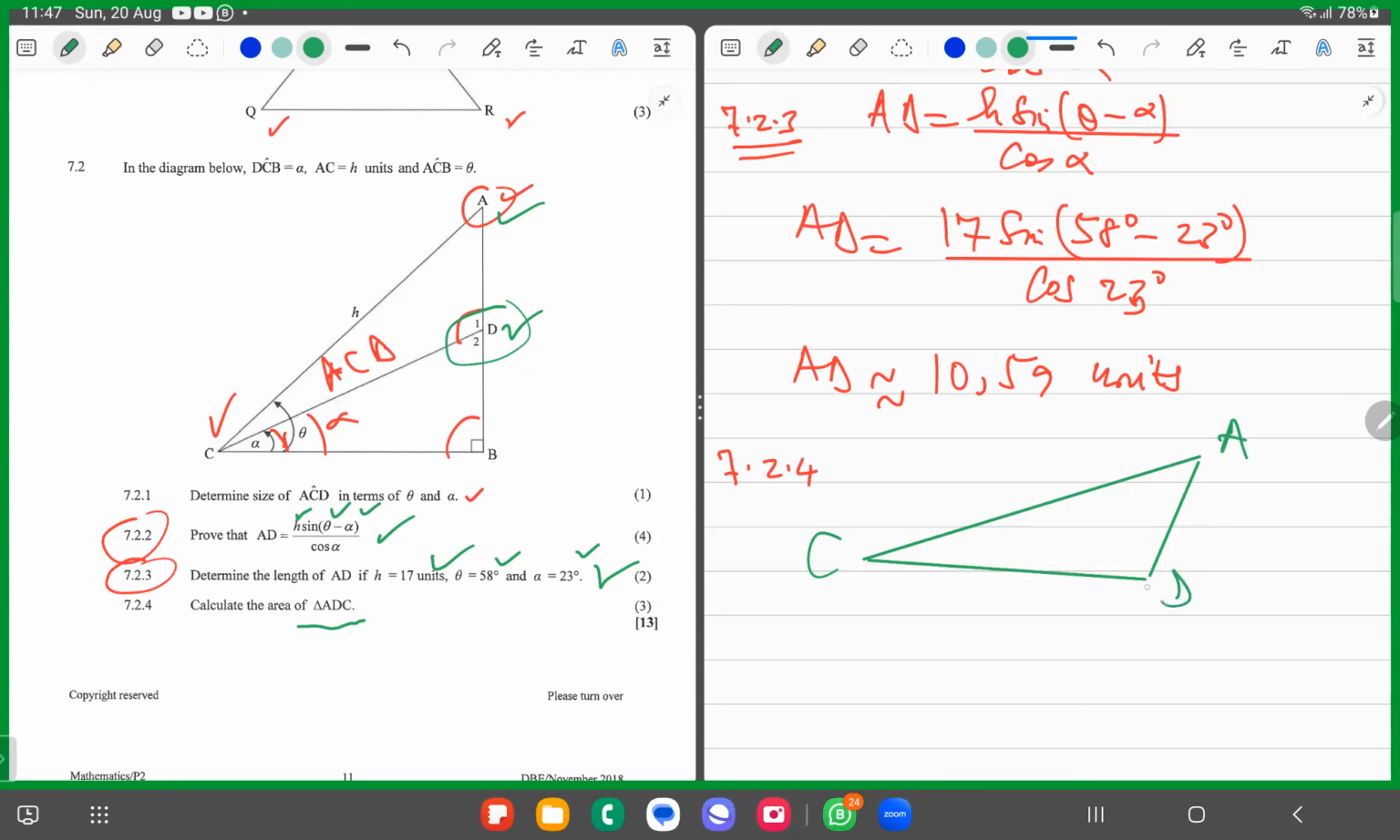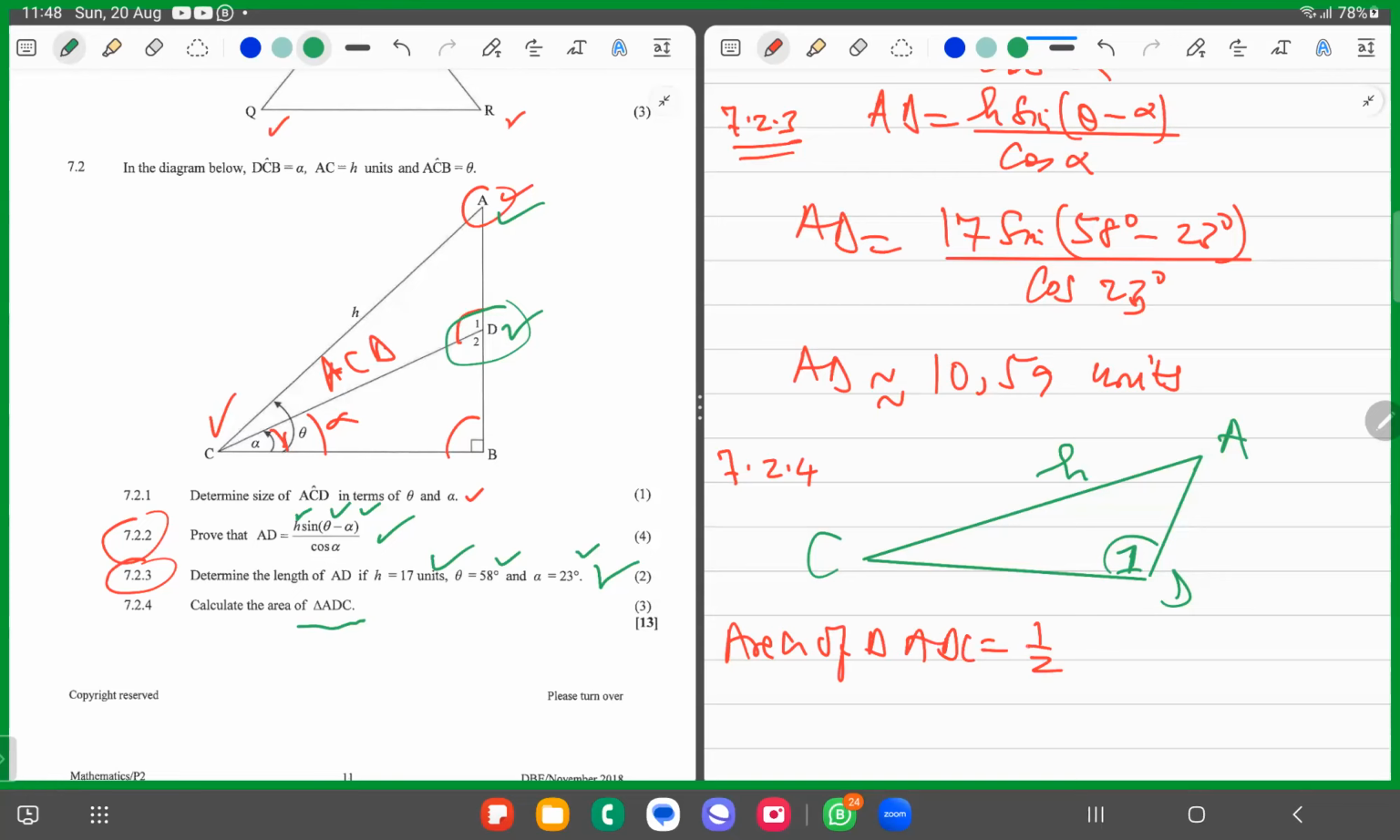You're gonna have D1, ACD, H. This is angle D1. If this is the case, you can remove this. If this is the case, what do you achieve now? We want to find the area of triangle ADC. So the area of triangle ADC